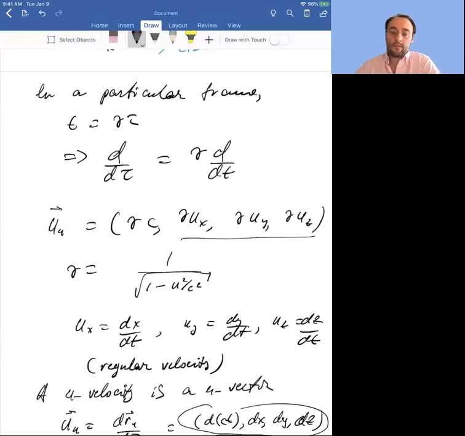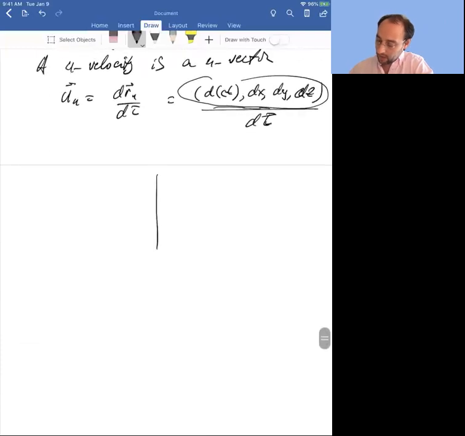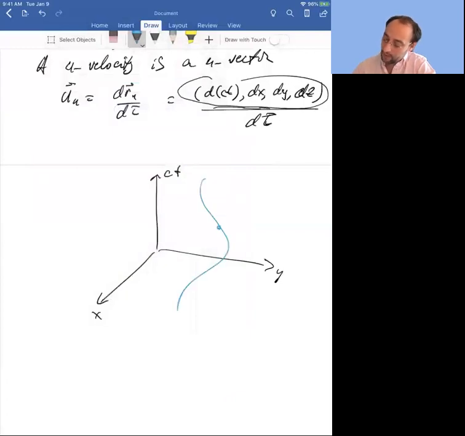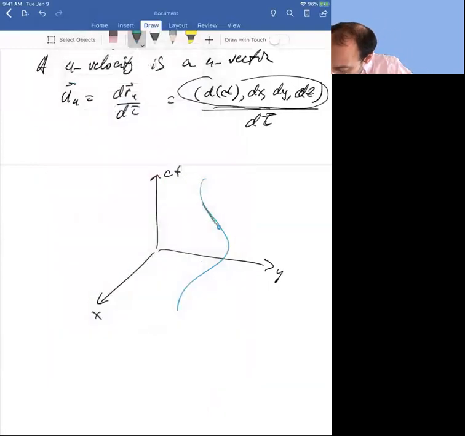And this is slightly more advanced, but it is a projection of the 4 velocity on the spatial part of the space-time. So it's a projection of the 4 velocity on the particle slice of constant time. So you can think of something like this. This is x, this is y, this is ct. So here's a particle's world line, and at this point, it has a 4 velocity that's tangent to the world line, and this 4 velocity has a projection right here onto